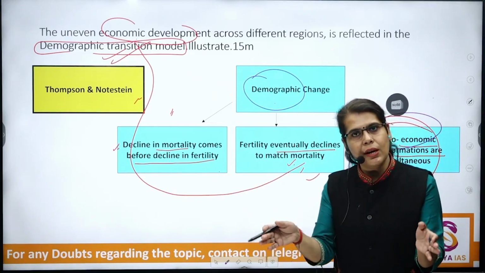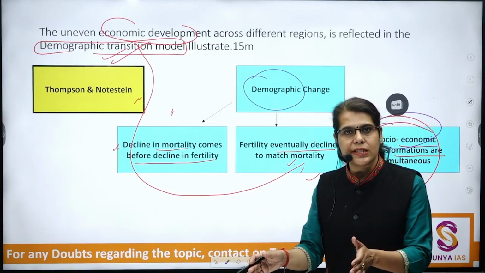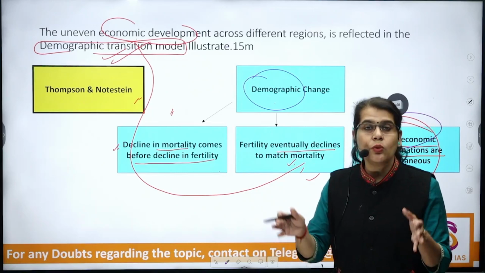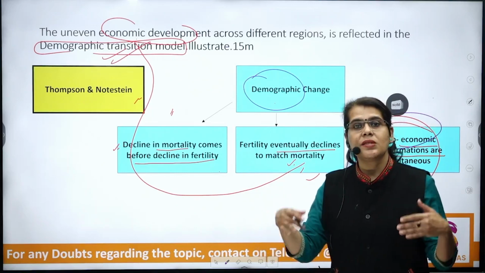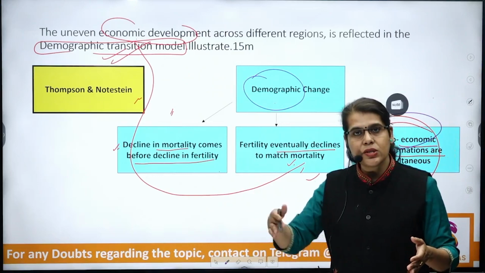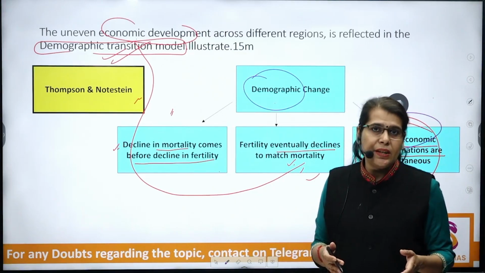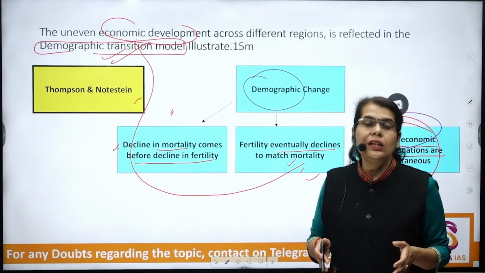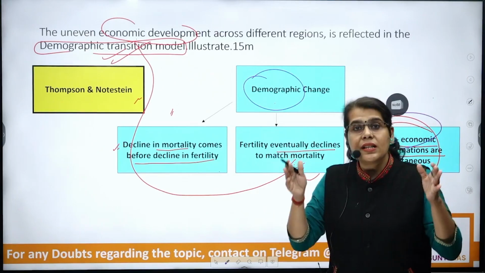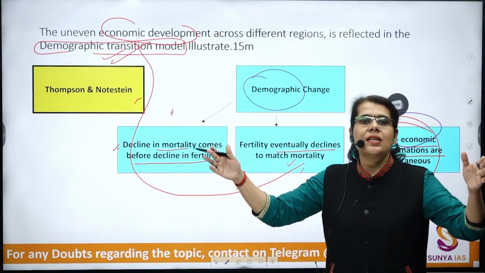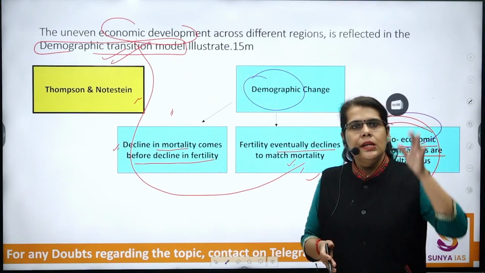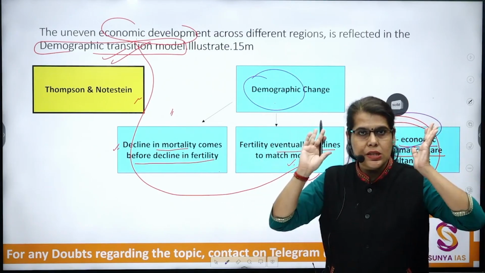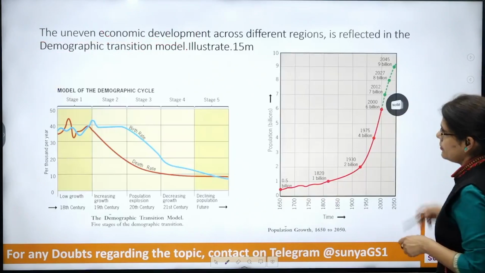Okay, so some countries transitioned from the second stage to the third stage at an early stage. They took a lesser time period, but that is possible because of the higher socio-economic developmental time periods. It is very progressive in nature. Some countries have taken a larger time period. However, that is also associated with the base size of population. So hence, the demographic transitions are parallel with the socio-economic transitions, which is the crux of the question.